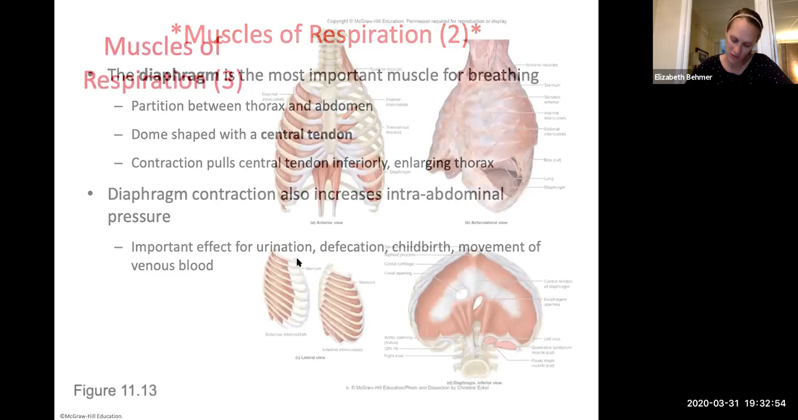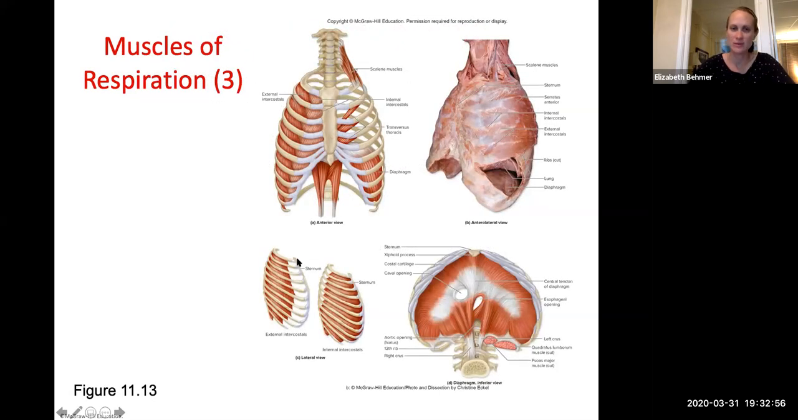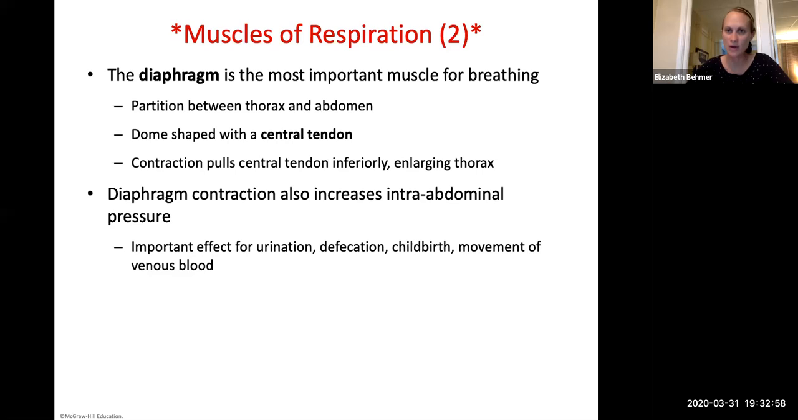Okay, so your diaphragm, let me go back, is the most important muscle for breathing. It's dome-shaped. If you remember, normally it's shaped like a dome. It has a central tendon, so its insertion point is on that central tendon. So number 9 asks you, what is the diaphragm? How is it important? And where is its insertion? The diaphragm is